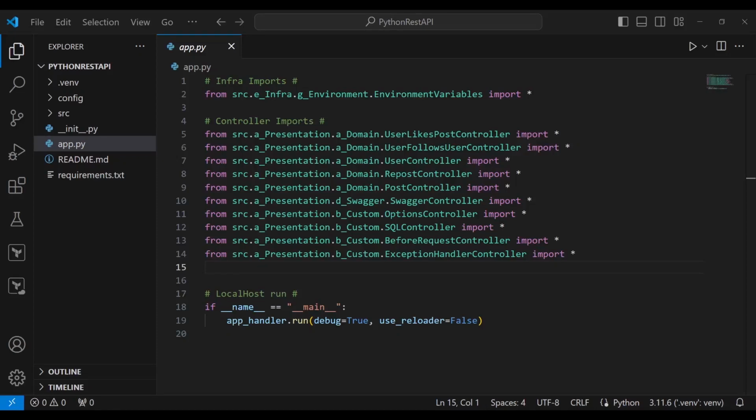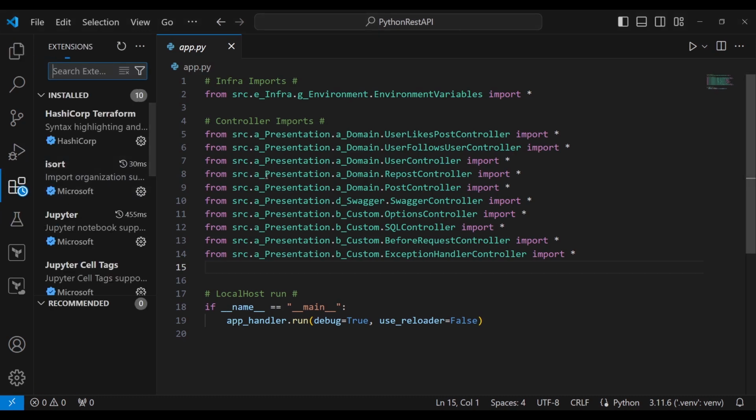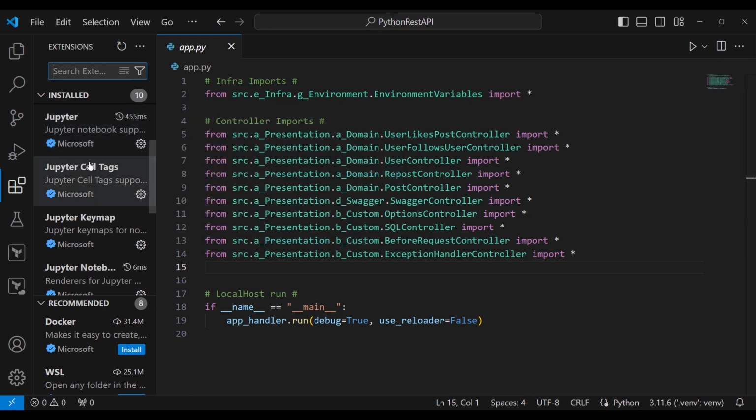Here we'll show how to run PythonREST in VS Code. Firstly, we need to make sure that the Python extension is installed in our VS Code. To check this, we go to the Extensions section and look for the installed extensions. You'll check the list, and the one we need to install is the one for running Python applications, specifically Python